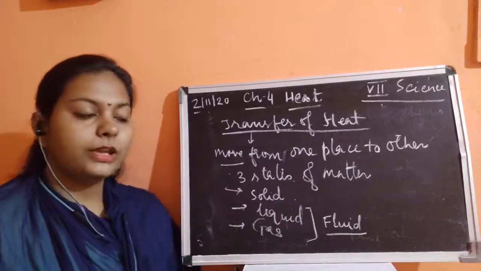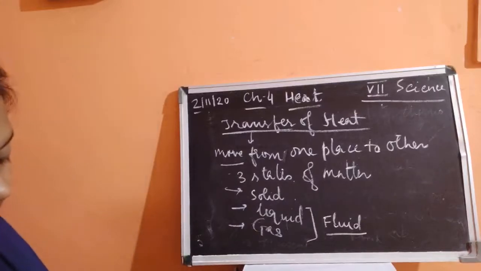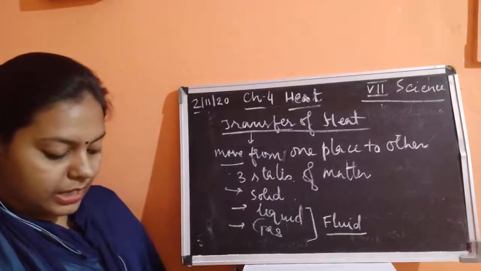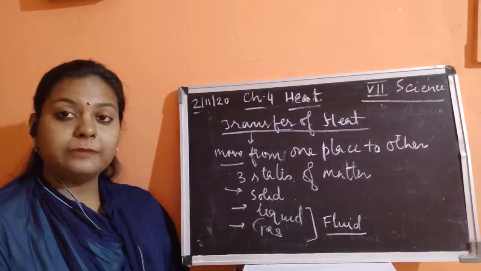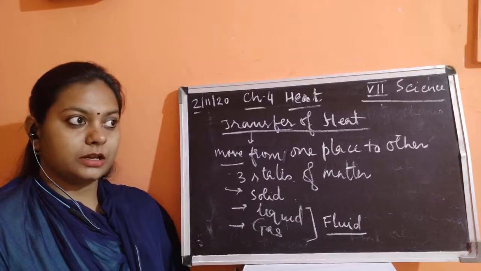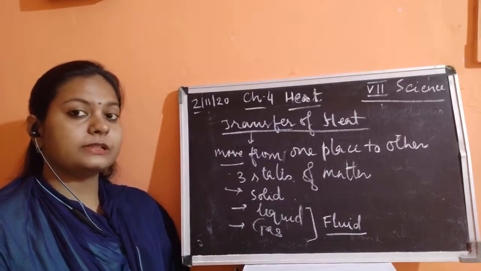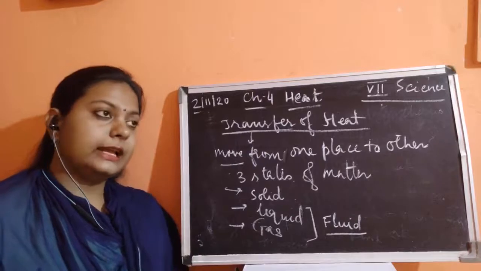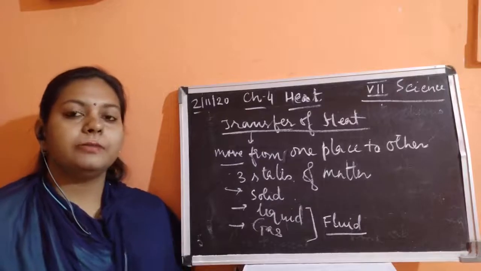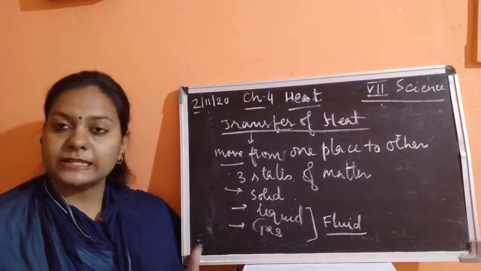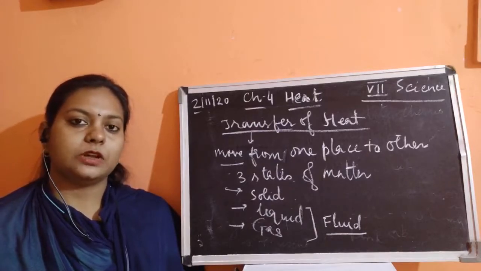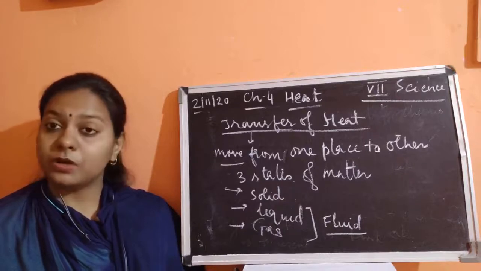Okay, now you might have observed that a frying pan becomes hot when it is kept on flame. It is because heat passes from flame to utensils. Yes, आप अगर किचन में जा करके देखो, you will be seeing that if you are going to cook food, then you have to put some vessel on the gas stove. If you keep the utensil there for some time with the flame burning, it starts becoming hot.